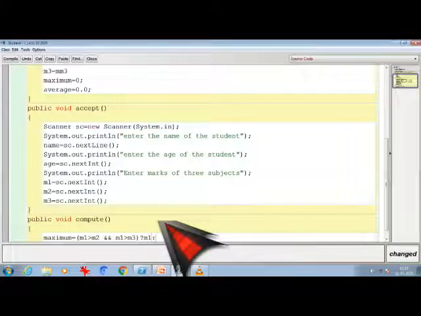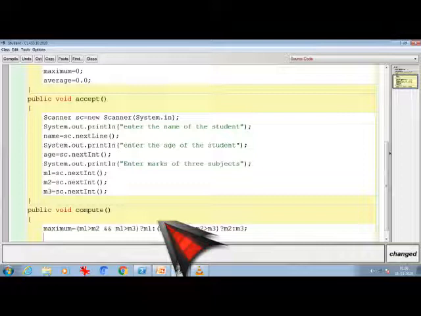Otherwise, we check the other part: if m2 is also greater than m1 and m2 is also greater than m3, then m2 is my answer. Otherwise, m3 is the maximum value. If you want, you can write it in if else also.